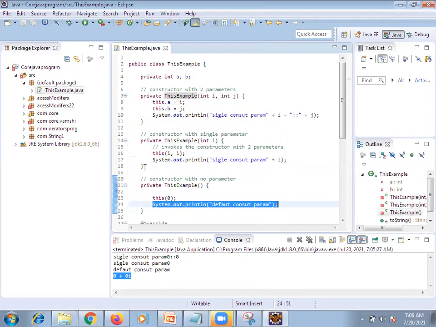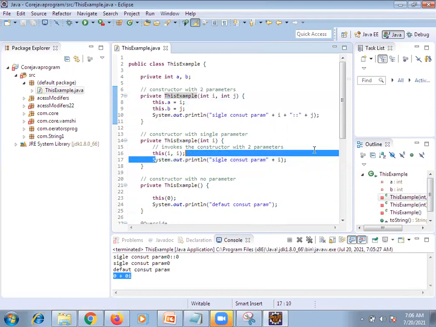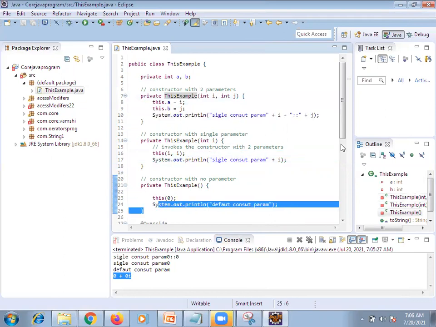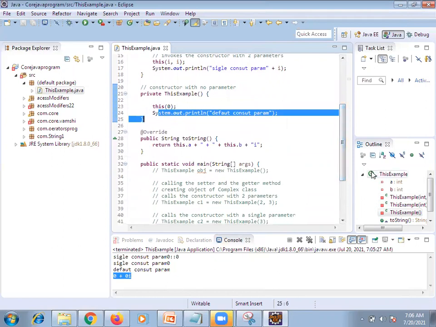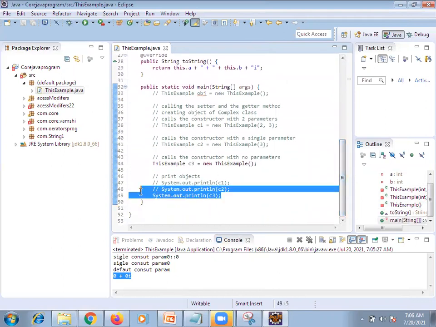We are linking default to the first parameterized constructor, and first to the second parameterized constructor. So always first it will execute, then second, then third. This is the output. Finally, we are printing it here. That's what was printed. Got it? This is how we use the this keyword.